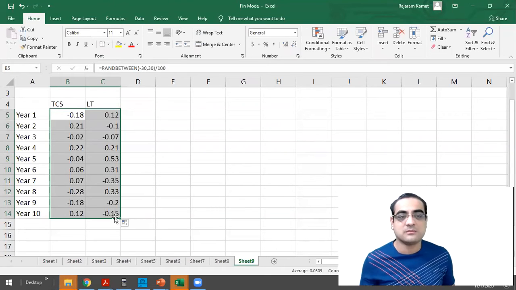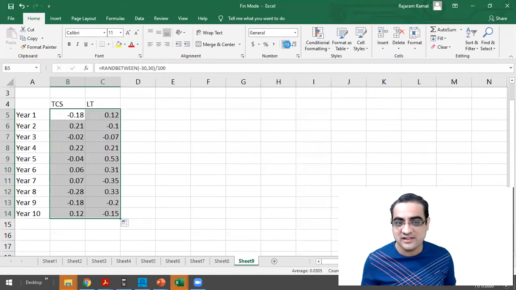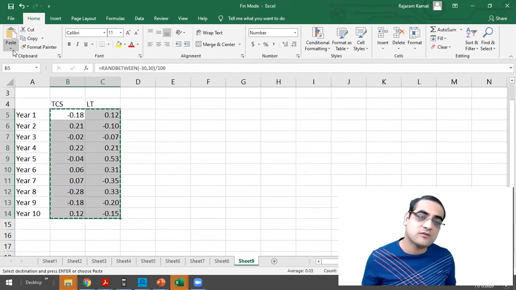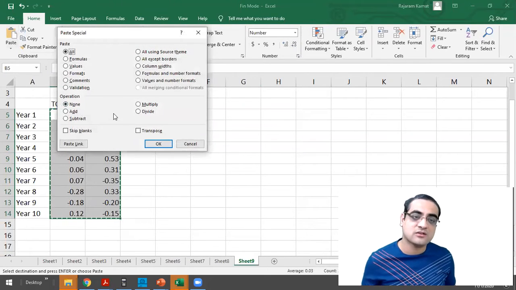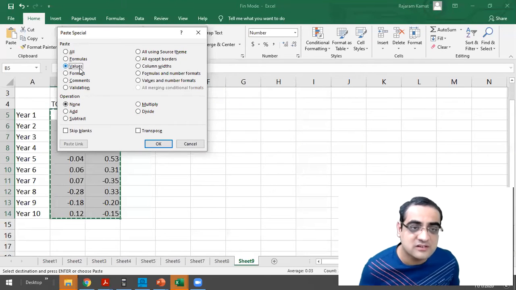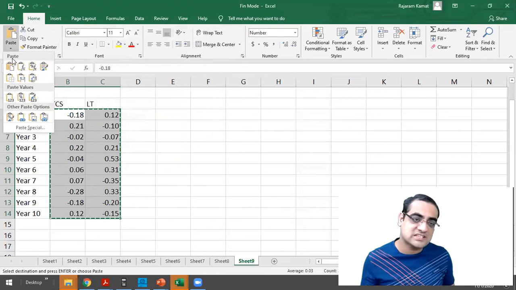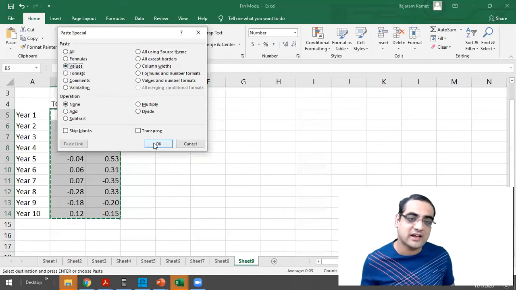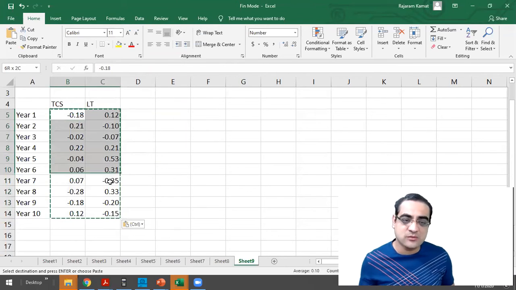And then I don't want a long number. I just want two decimals. How do I get the two decimals? If you look at this number, this is minus 0.1, this is minus 0.2. I want two decimals, so I'll go over here and click like this. Then I want the numbers to not change. So I'm gonna press Control C, then go to the arrow below Paste, then Paste Special, and then Values. Where are values? Over here. All right, I repeat: Control C, go to the arrow below Paste, then Paste Special, and then Values and OK. So this is how you get the returns, which now let me convert into percentages.